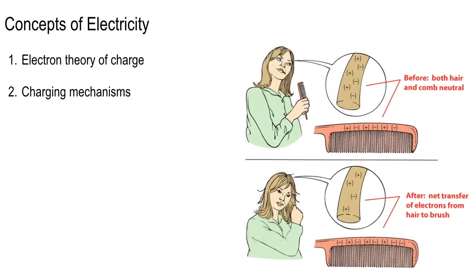All right. Now that's a little nugget about the theory of charge. Let's talk about charging mechanisms. Okay, so this is a picture of a young lady combing her hair. Yeah, friction, same as your socks in the dryer. If you don't have that cling free in there, all that friction, rumbling back and forth, is going to cause a lot of frictional charge. And so what tends to happen is her hair tends to become positive. The comb